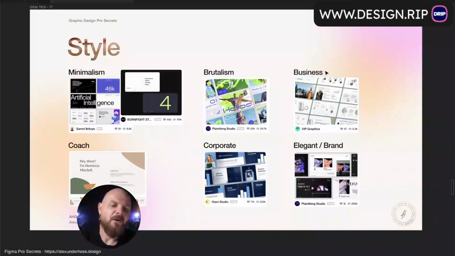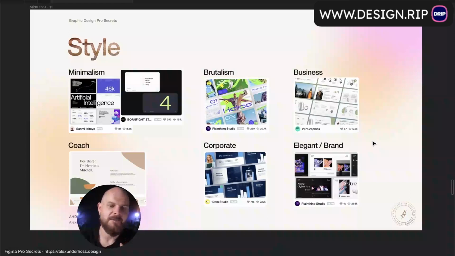Then business style or marketing one, this is where you have lots of infographics. How to create infographics we'll also cover in this series, in this module. And then I call it elegant or brand style. This is where you use display typefaces that make every single slide like a piece of art, which is awesome, but only if you understand who you're designing for and you know exactly that that's what they should